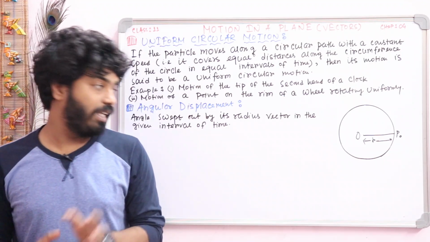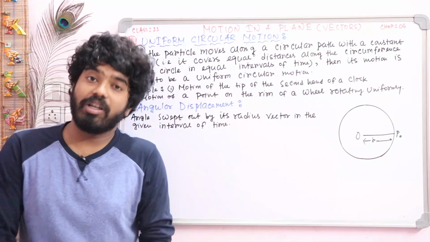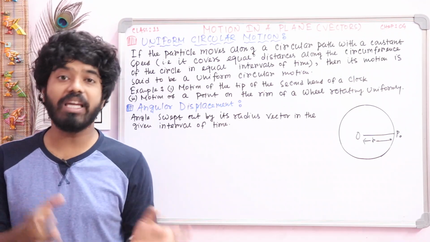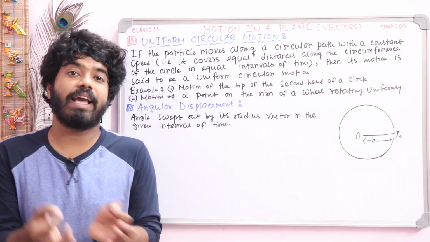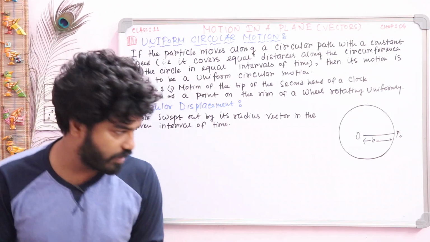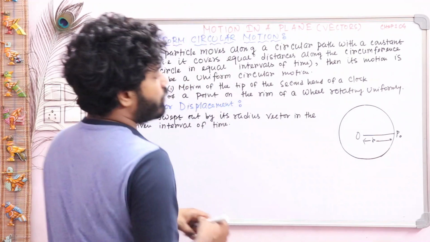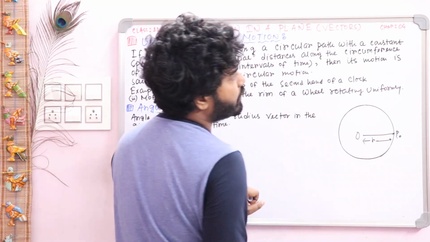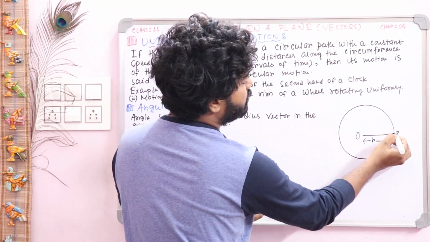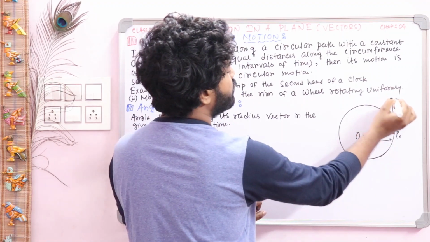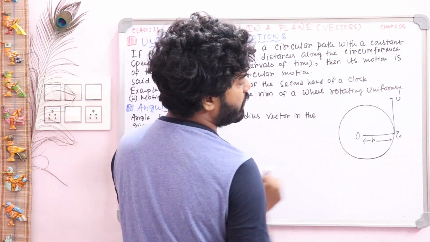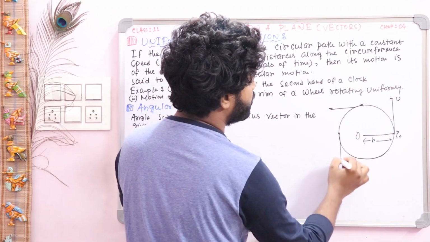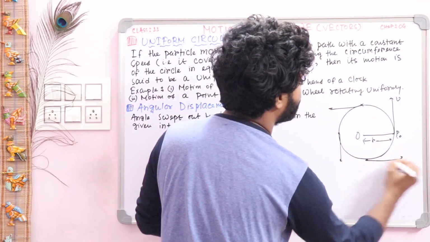Okay, now think about one important thing here. Uniform circular motion is also called accelerated motion. The question is, why is uniform circular motion called an accelerated motion? Look at this figure. Suppose a body starts its motion from point P0. At P0, the direction of the velocity is along the tangent. At this point, the velocity direction is tangent, and at this point too, the velocity direction is tangent.